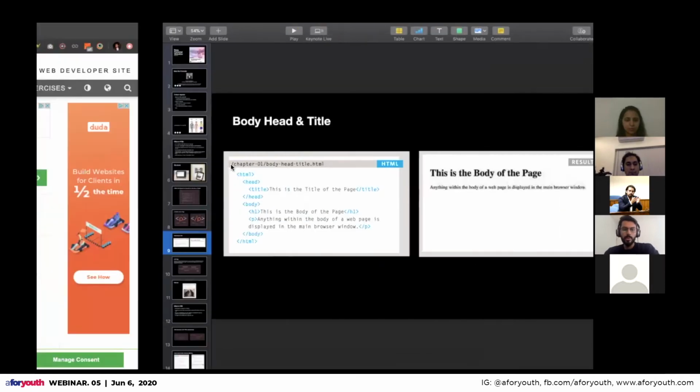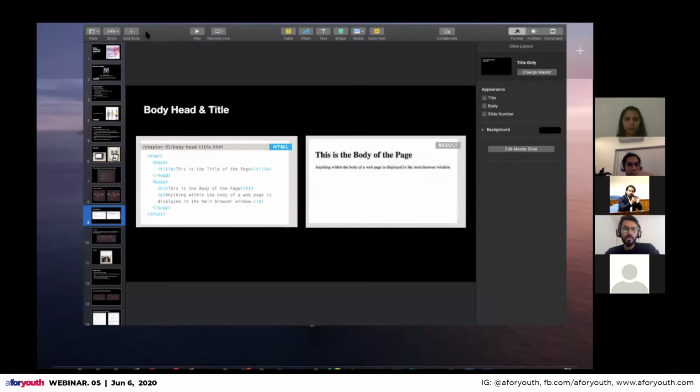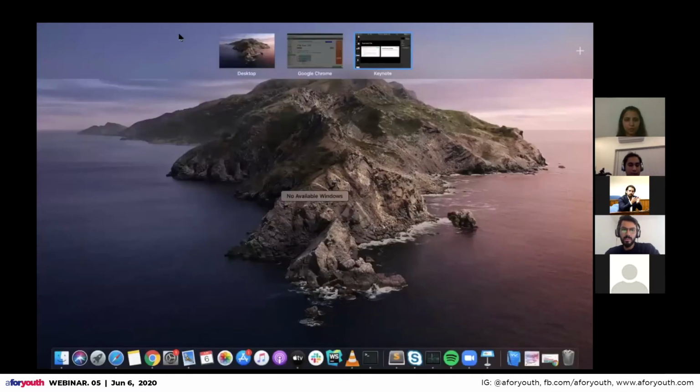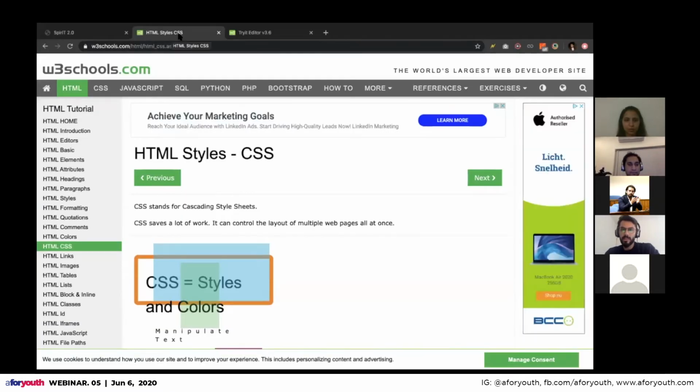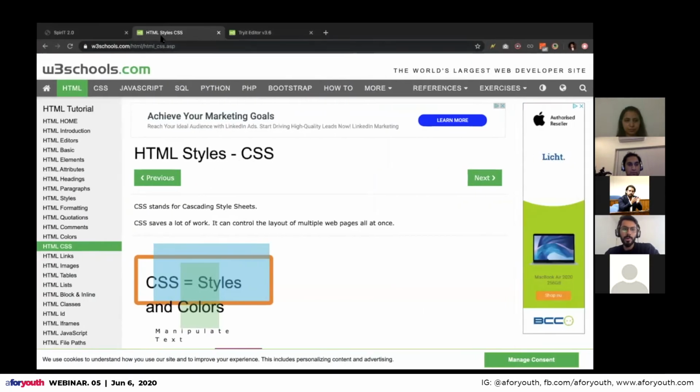If I open my Chrome, you see this, HTML style CSS. This is a title tag. So whenever you change something in title, and the head part is only this part. And you can actually change this icon as well.